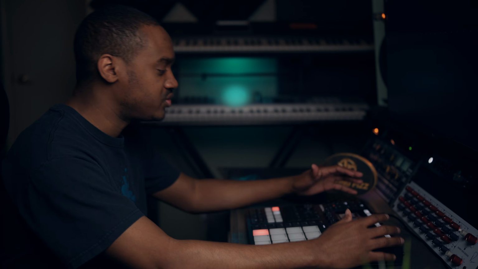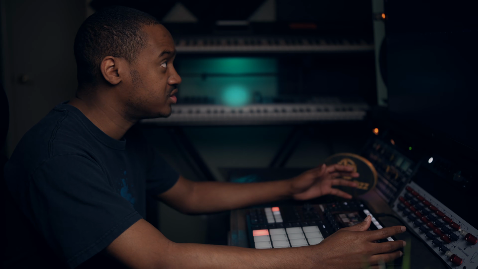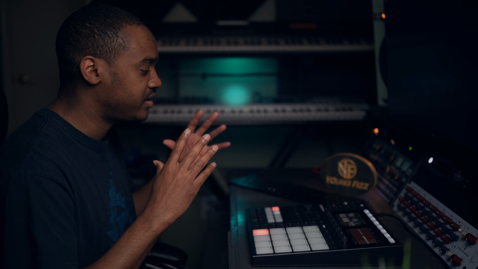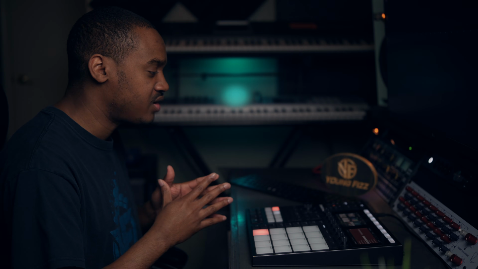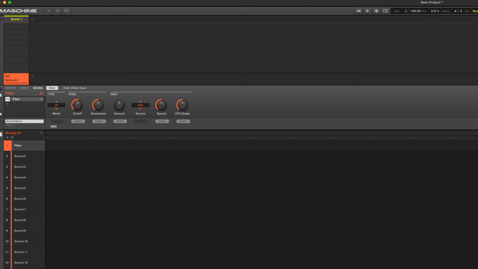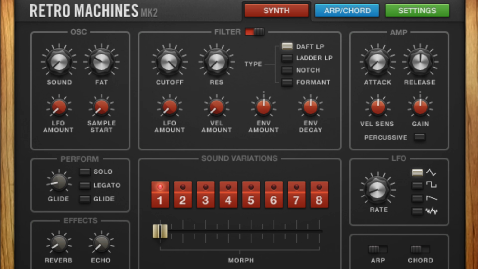But today what I want to do is get into the Maschine Plus as well as the Maschine 3.0 software and show you some really cool stuff using the filter plugin. The filter plugin is basically a stock plugin, and typically it comes with the Maschine. You can do this in other DAWs as well. I'm using Maschine 3.0 today, but you can also do this in Maschine 2 and other DAWs that have the filter plugin. So I'm going to be using the Retro Machines Mark II,